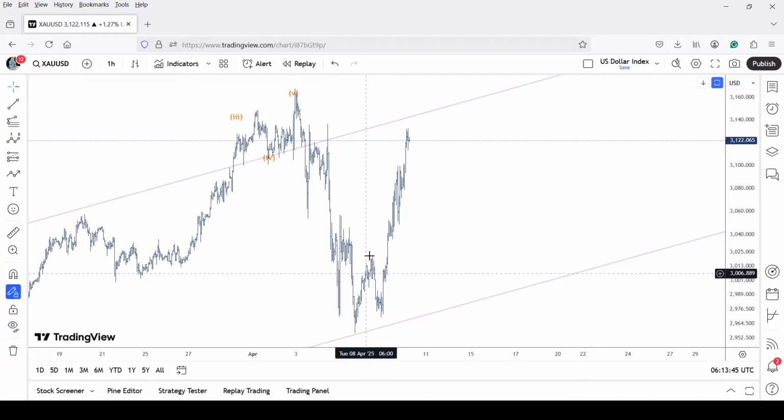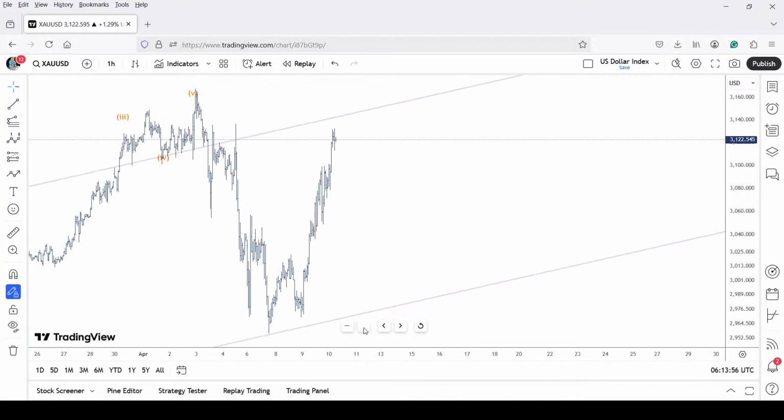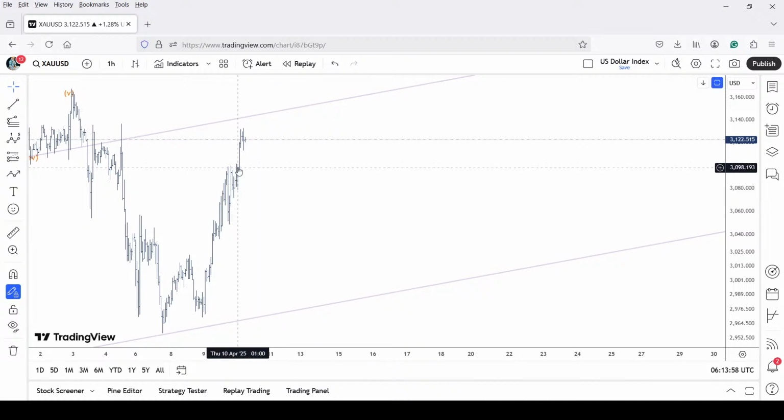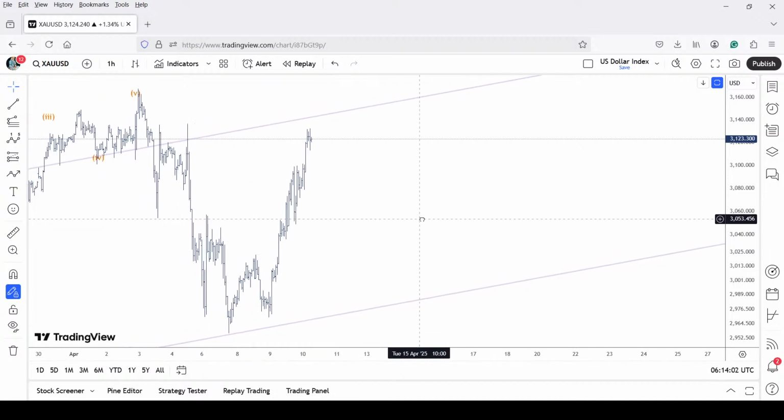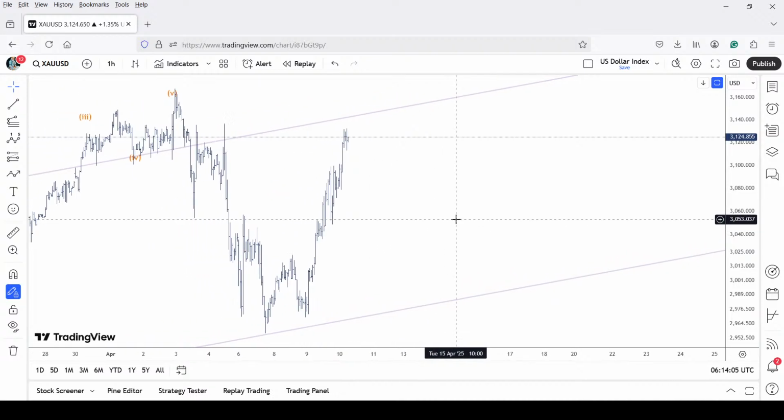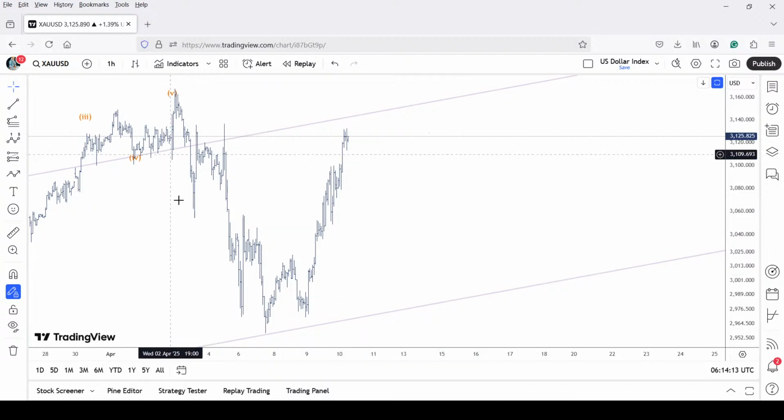Where we got wave 1, wave 2, wave 3, a slight triangle structure, not exactly clear. Yeah, it looks like a triangle A, B, C, D, E, and then wave 5. So the overall structure could be 3 down or 5 down, and then an expanded flat where we've got A, B, and C